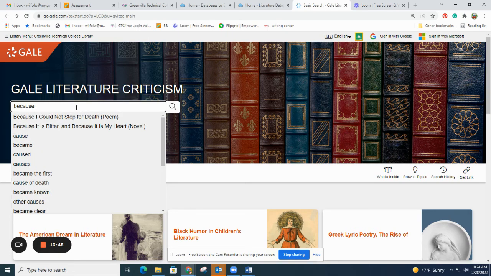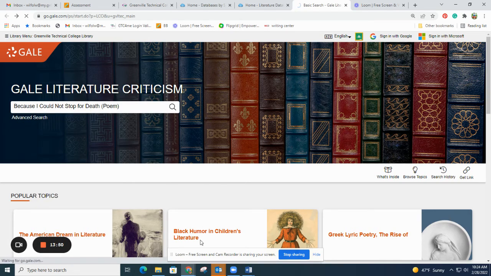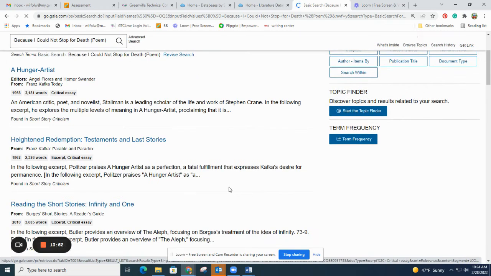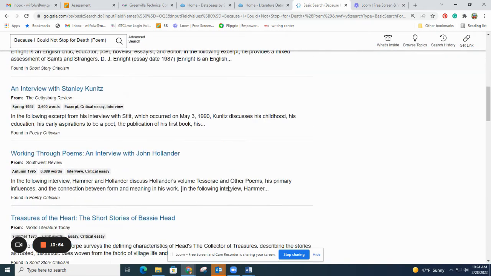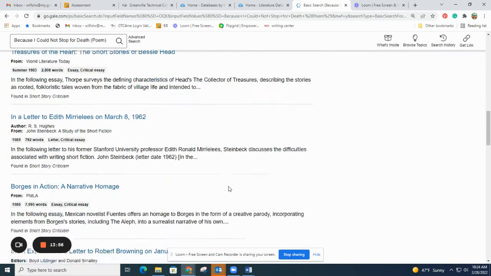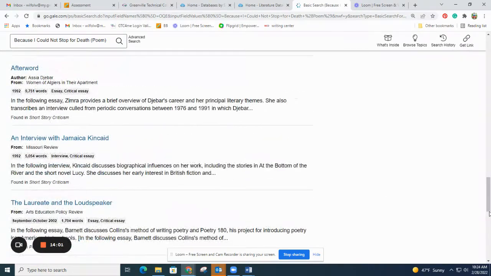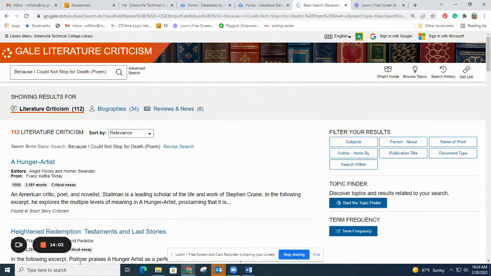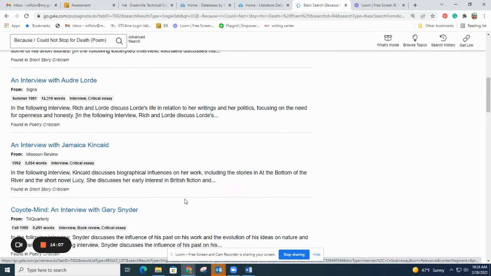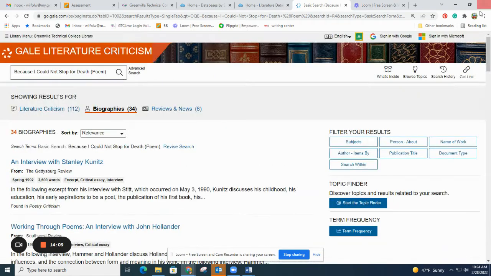In the poem. It's pretty famous. Huh. Yeah, maybe not as good. I would use Literature Resource Center, maybe. There's biographies about her, though. Are there? Well, that didn't go as well as I would have hoped.